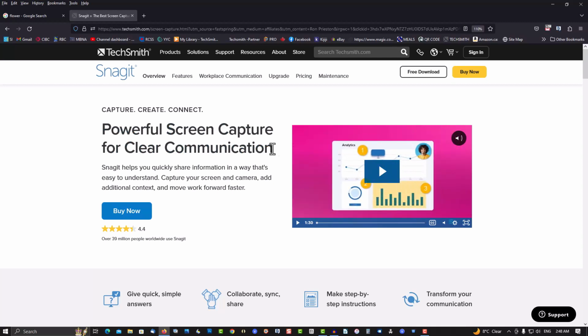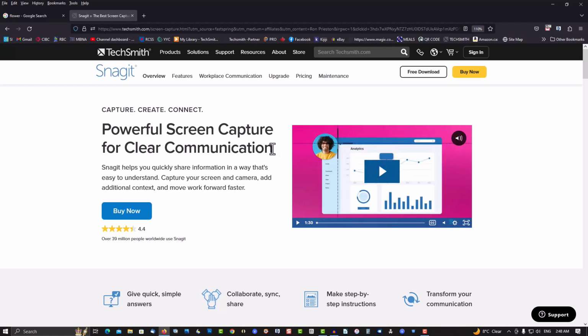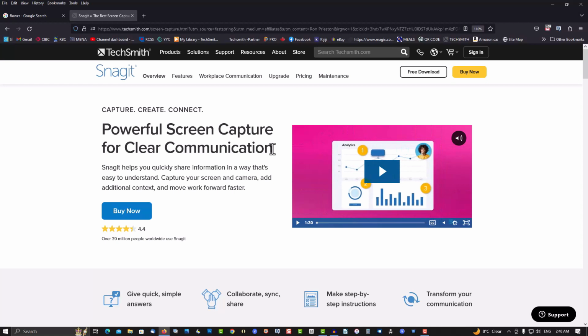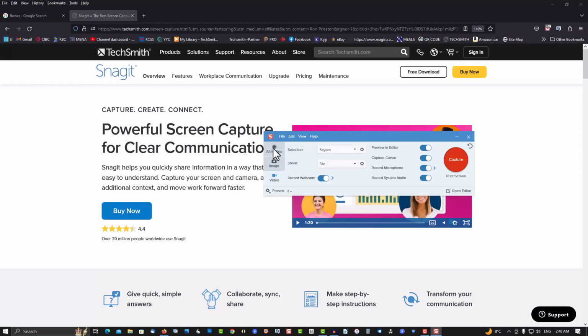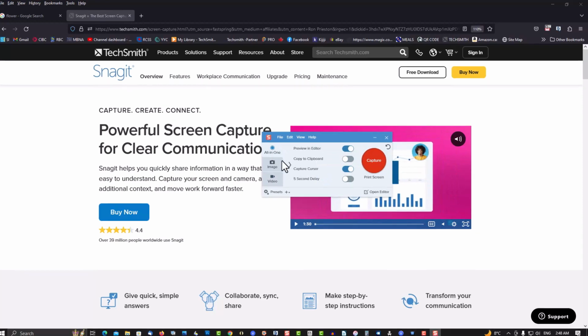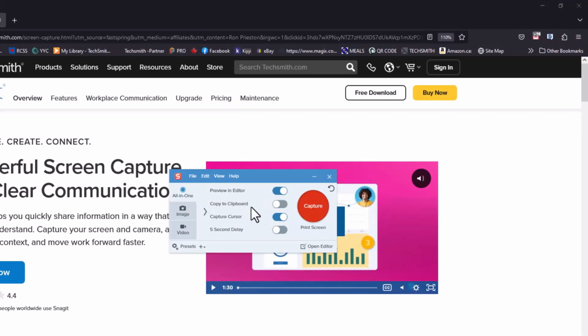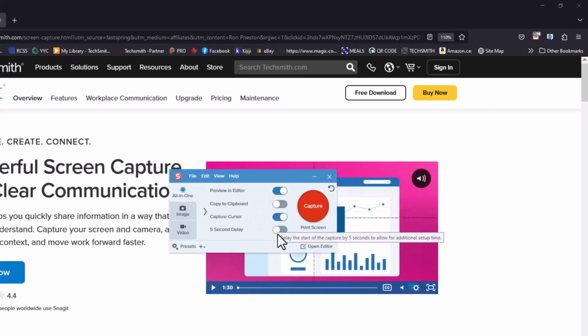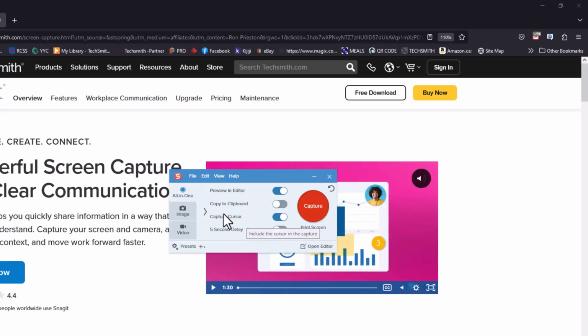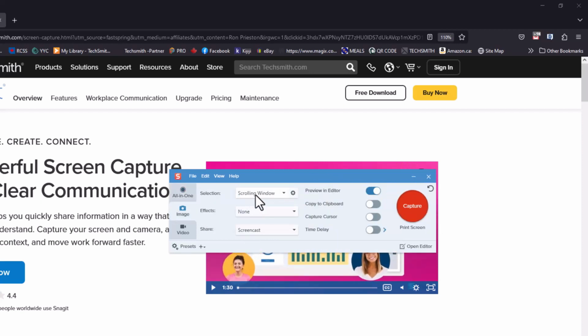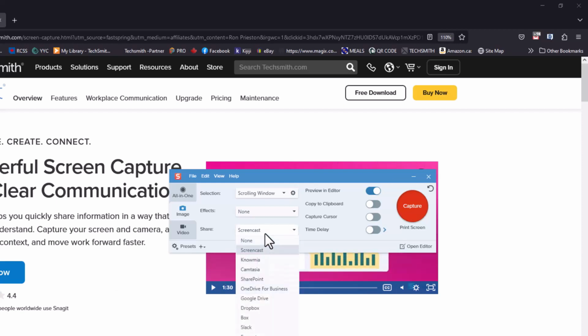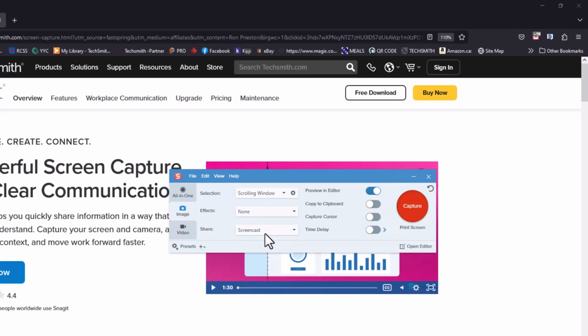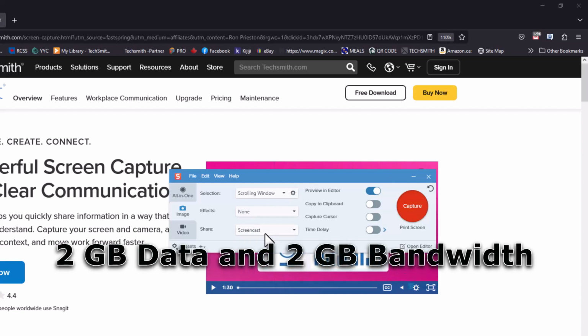So once that's done, get the program up and running. I'm just going to start here. You can Control Alt X. Okay, what you have to do here is you have to set this program up. Now you have 3. You have all-in-one, which gives you all the different features of capturing an image and video. You have image, which has a scrolling window, meaning you can capture a window that's like 3 or 4 pages long, or capture it in one capture. You have the option of where to share it. I use screencasts for sharing those captures. Once again, you get 2 gigabytes of free data, and